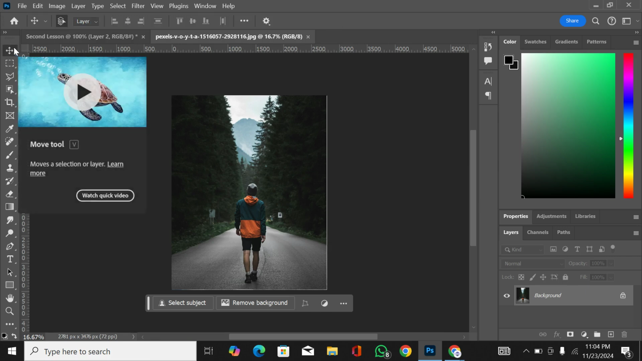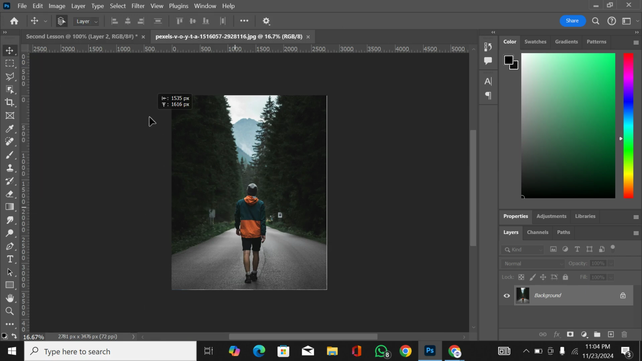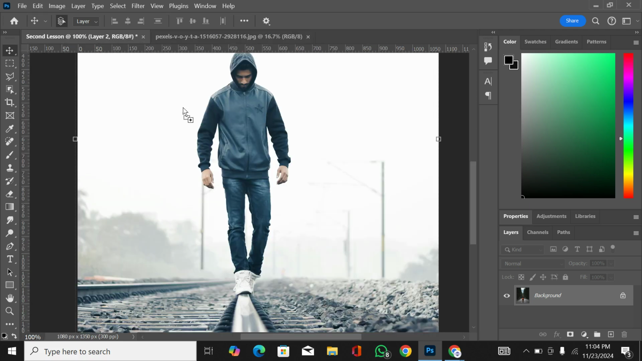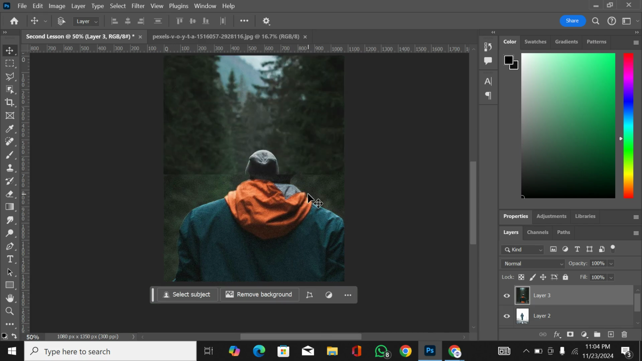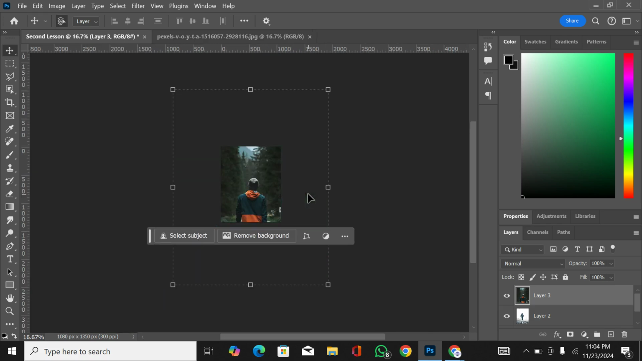So I want to go back to my move tool so I can easily drag and drop. So let's bring this guy here. Image is too big as well, as expected. So we're going to resize him. Now, there's something else I wanted to talk about, which is if you want to retain the quality of your image,